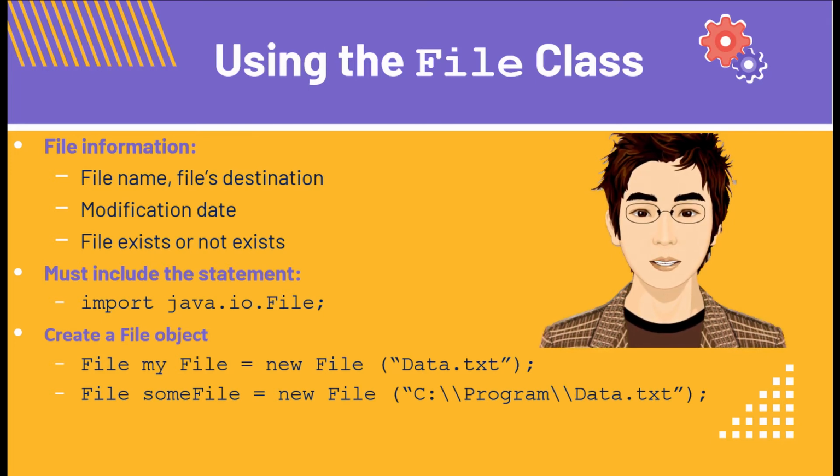The File class is included in the java.io package, or we can import specifically java.io.File. A File object is created by passing in a string that represents the name of a file, or a string or another File object. For example, File myFile = new File("data.txt"); File someFile = new File("c:/program/data.txt");